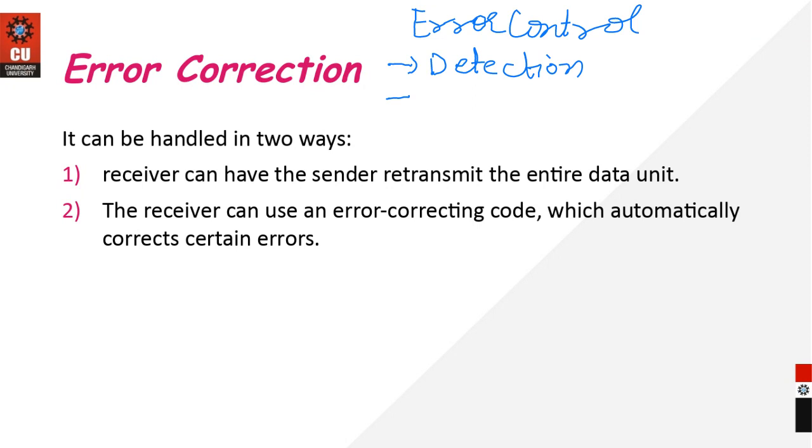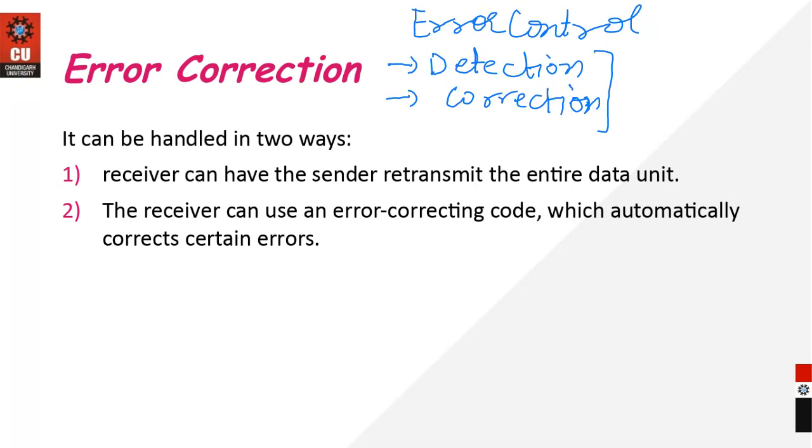Along with that, it is about the correction of the data. So the error control mechanism will tell us how we can detect the errors which have already occurred in the data, and what the method is for correcting all the errors which are happening there, right? So there are two methods that we can use for making sure that the data on the receiver side is correct.